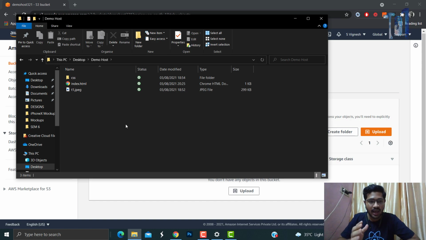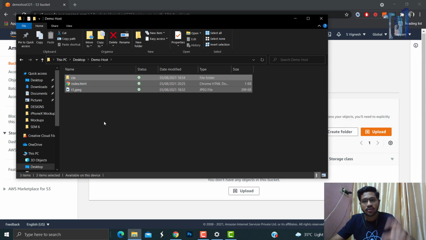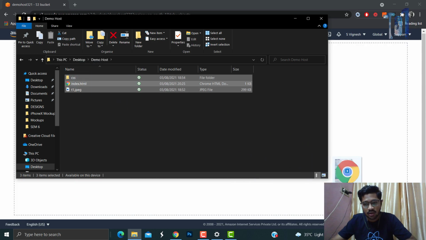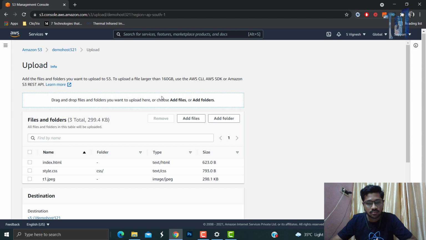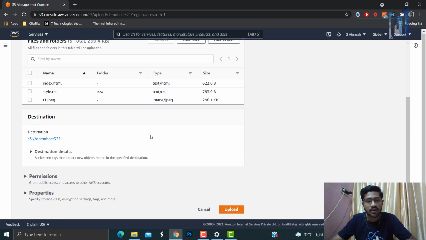So go to the root directory of your project, the HTML project, then don't just drop in the zip file or anything. So just makes your process easier. So just go to the root of the project structure and select all the files related to the projects, and then just drag in and bring it here. Yeah, see, I have now successfully uploaded the 3 files, and click on upload here.